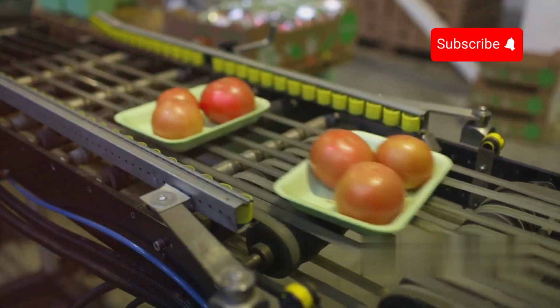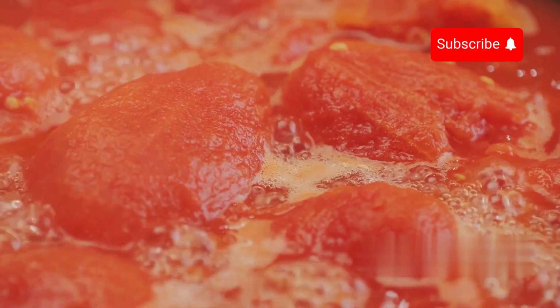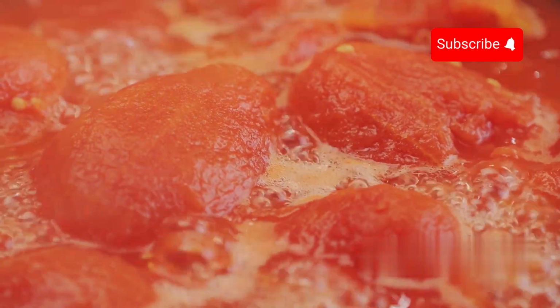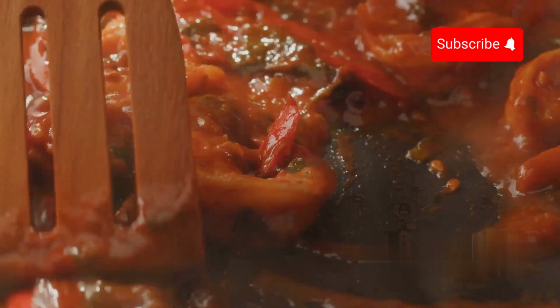The tomatoes are all set for grinding, so they head straight for beastly commercial grinders to create a thick tomato paste. This process involves both grinding and sterilizing, which ensures the paste is safe and flavorful. It takes a bit of time to get the perfect texture, but it's worth it for that rich tomato taste